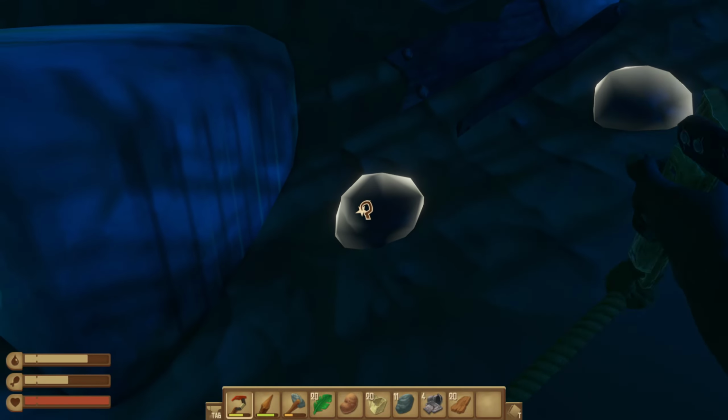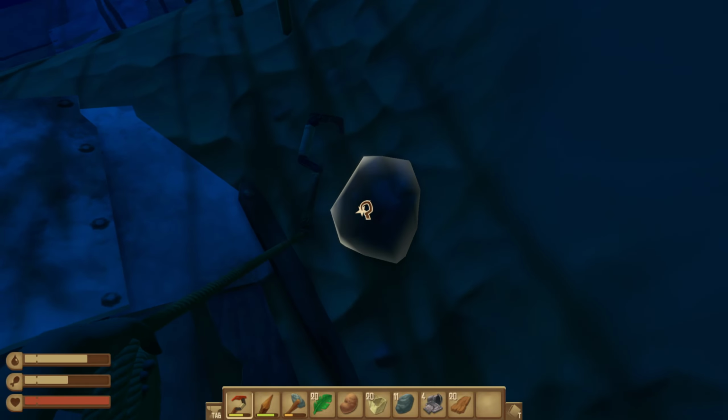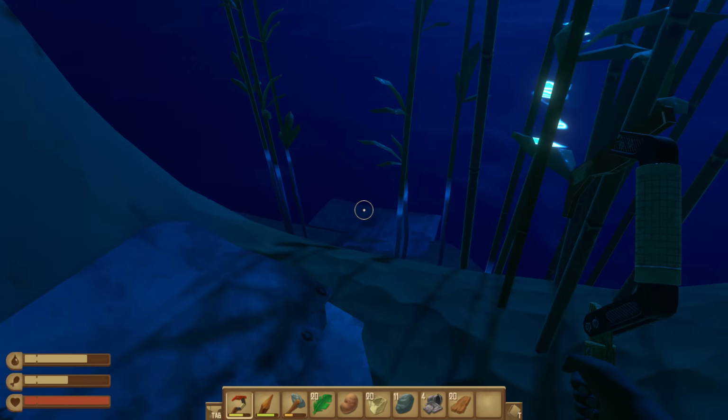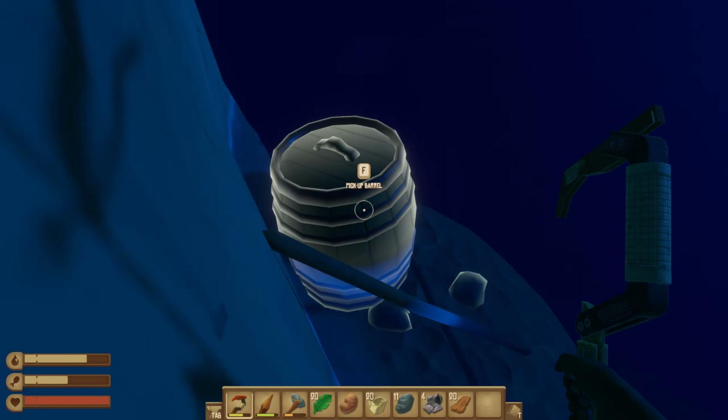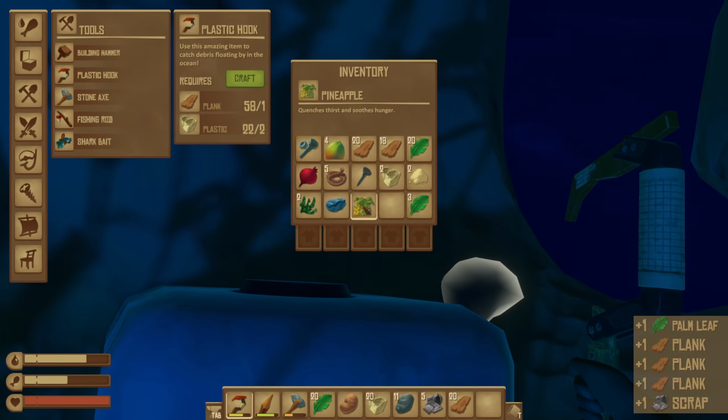Some more rocks here, but I can't actually get them because they're not underwater. And when you're not underwater, you can't harvest. So that's kind of a shame, but grab that barrel that we saw before. I have a lot of resources now, which is